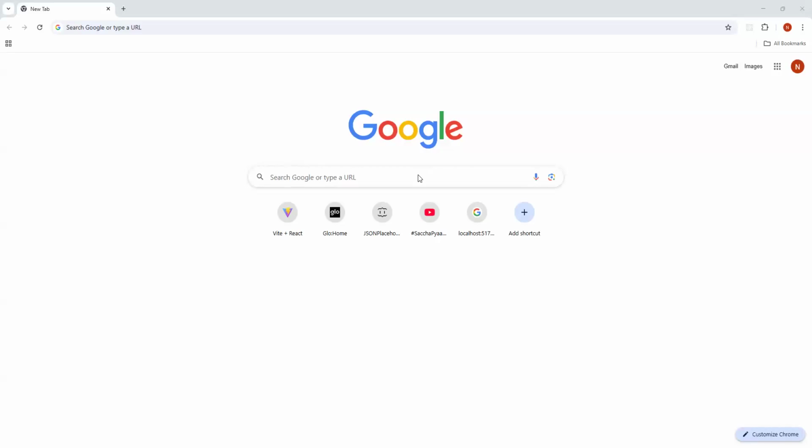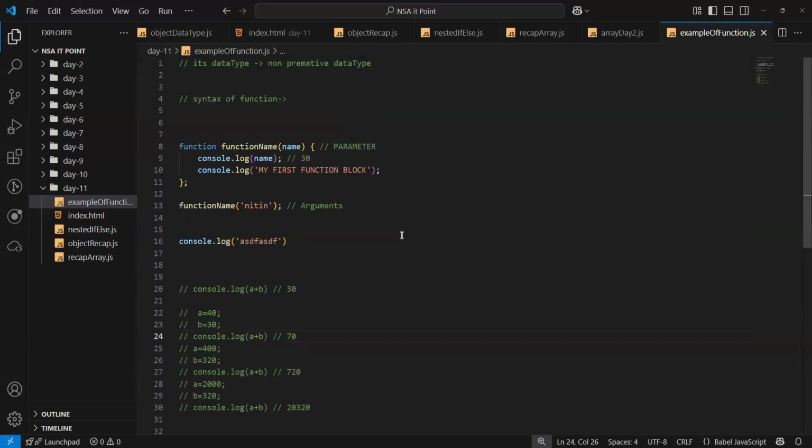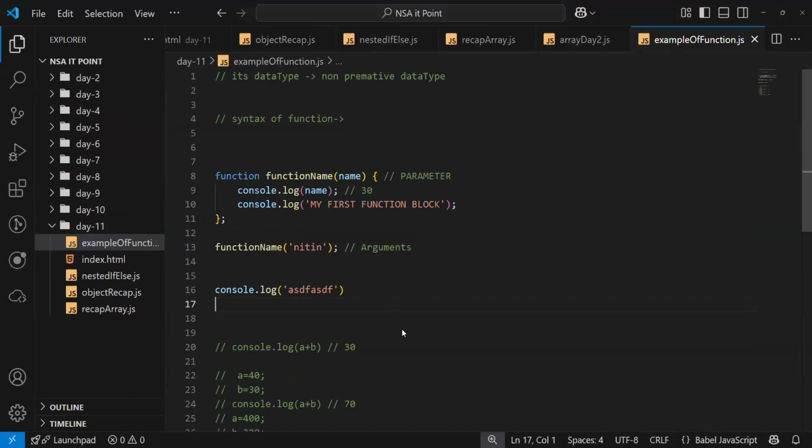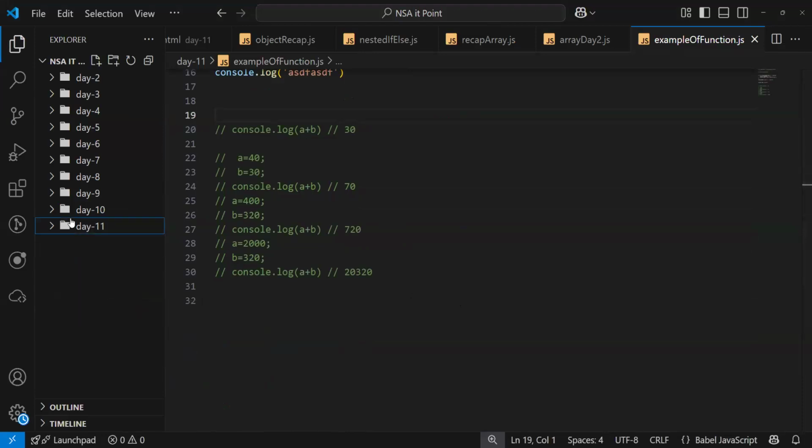Is everyone able to see the code? Do I need to zoom, or is it okay? Okay, I think it's good. Let's create a day 12 folder.